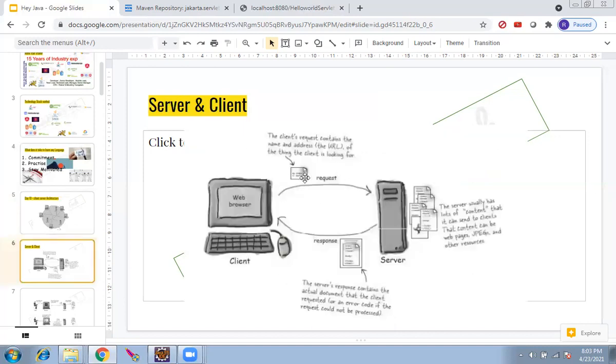Now, how do server and client work? A small diagram to explain that. The client machine, first, as soon as you hit youtube.com, let's take